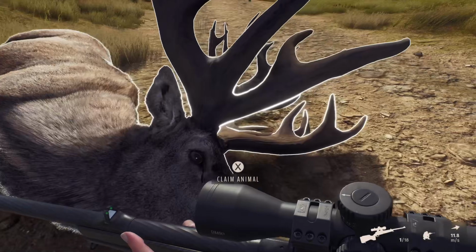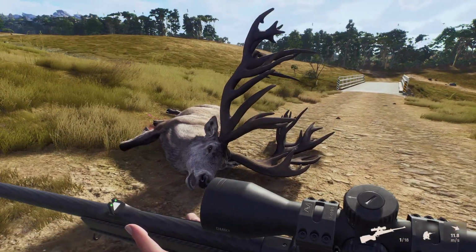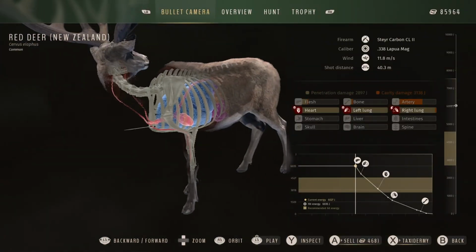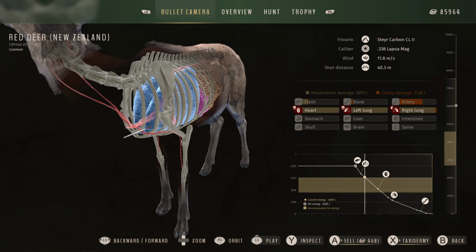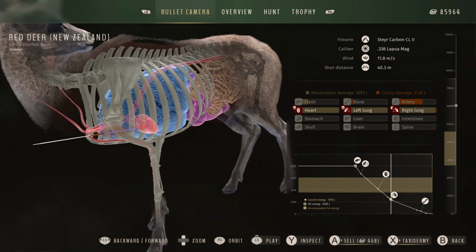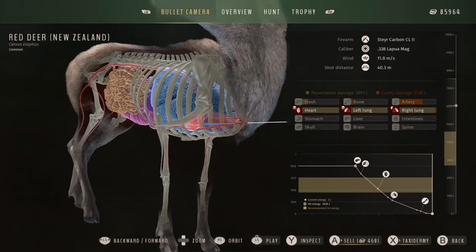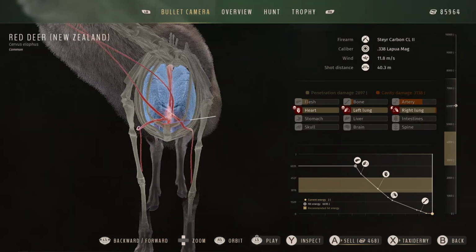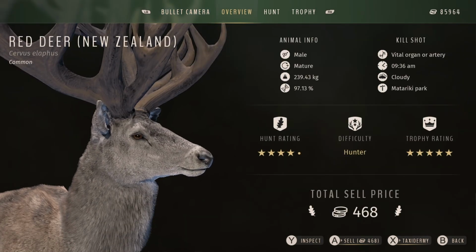As it goes up through the antlers, the mass stays, and that's something that's really cool to see, that these antlers do have a proper good amount of mass to them, as well as just a huge amount of tines. Now, like I said, it was a heart shot, which is what I was expecting considering he dropped on the spot like that. Nice, clean heart shot for my first ever 5-star New Zealand red deer,